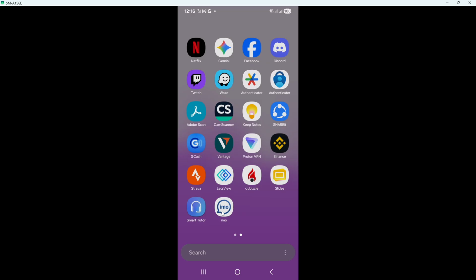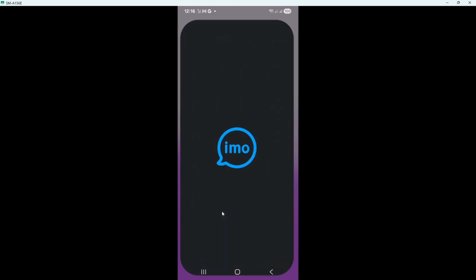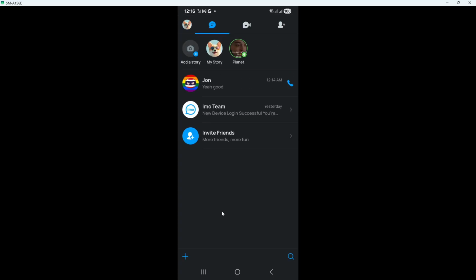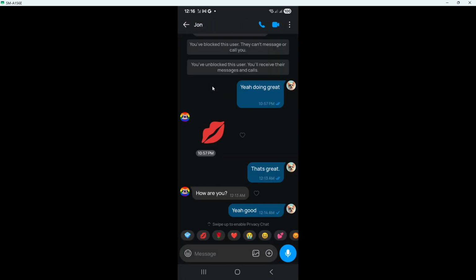First, open the Emo app on your device. Make sure you're on the main screen where your chats are listed. From there, tap on the conversation you want to check. This should be the chat where you sent the message and want to confirm whether the other person has seen it. Once the chat is open, look closely at the message you sent. Beside it, you'll see a small icon or status indicator. This symbol tells you the current state of that message, and understanding it is the key to knowing whether it has been read.